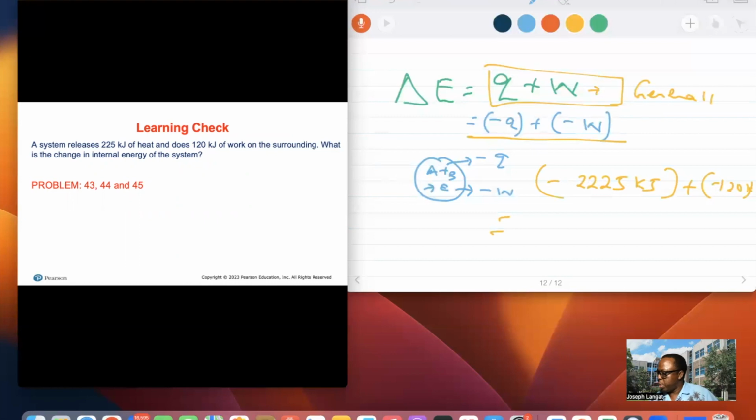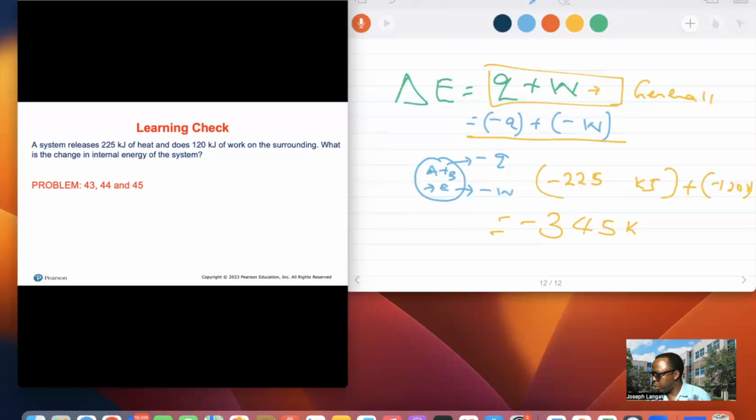Did I put too many twos? Yeah, sure. This is kilojoules, by the way. So I need to write it correctly. This is negative 225 kilojoules, and this is 345